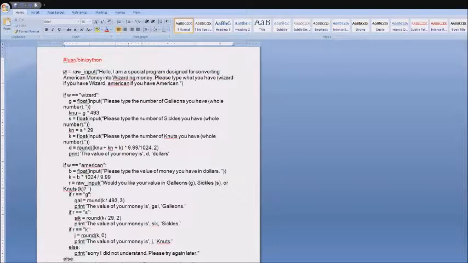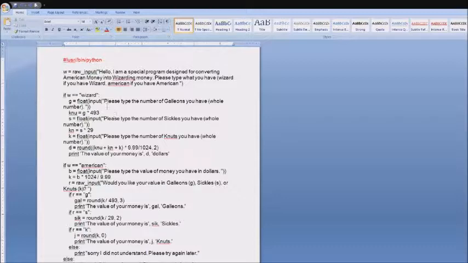So this is the first line, and this is setting a variable, which is W, because wizard, no, W, equals the raw input of "hello, I am a specialized program converting..." So what this does is it takes this phrase, and whatever you type in response will be equal to W. And then if W is wizard, so if their response is wizard, you have to do the double equals, then G for galleons, another variable. Lots of variables in this, you better understand variables,